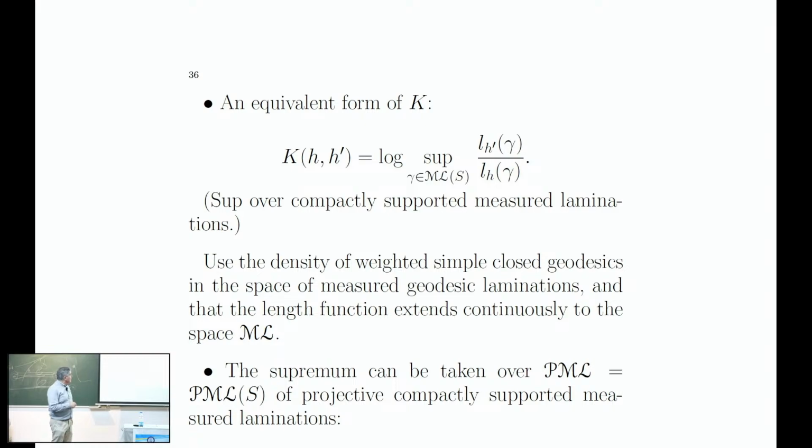And now, something which I mentioned last time about measured foliations. I explained to you that there's a natural one-to-one correspondence between measured foliations and measured laminations. Last time we said that the space of measured foliations is compact and homeomorphic to a sphere of some high dimension, and it is the Thurston boundary of Teichmüller space. So in exactly the same way, the space of measured geodesic laminations,